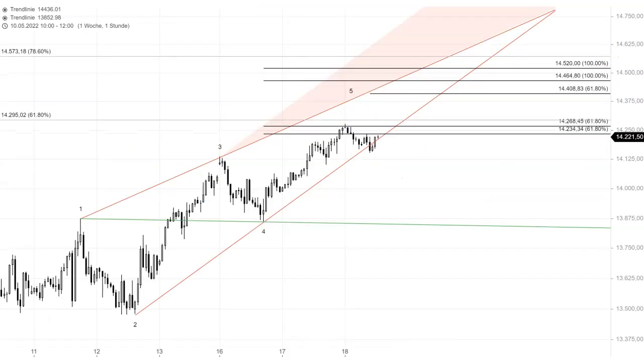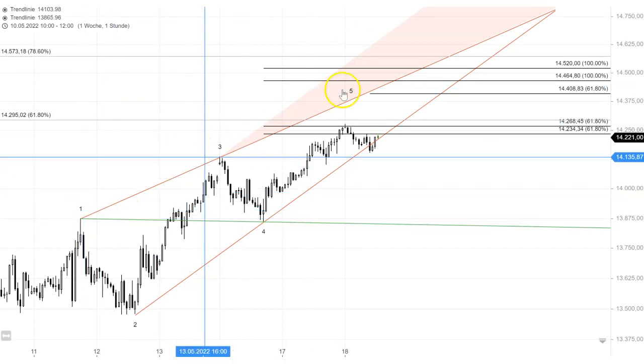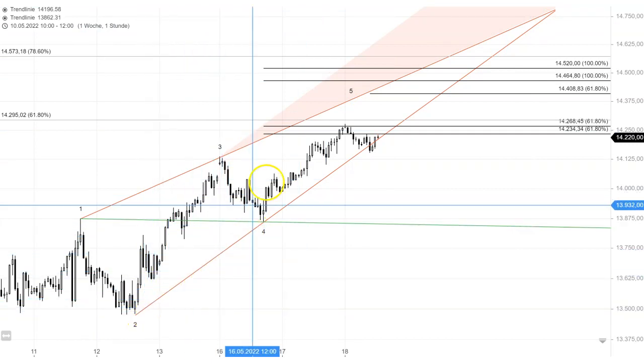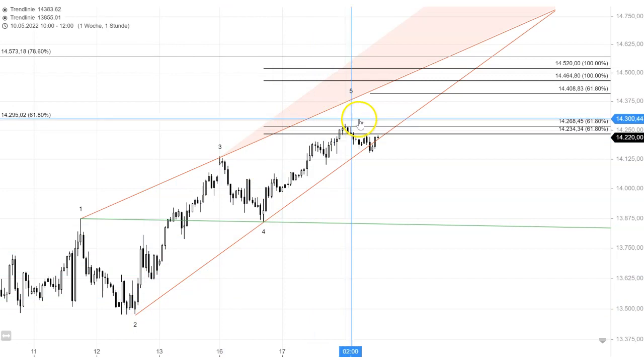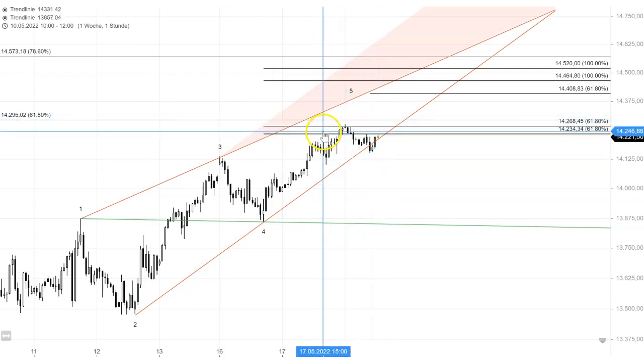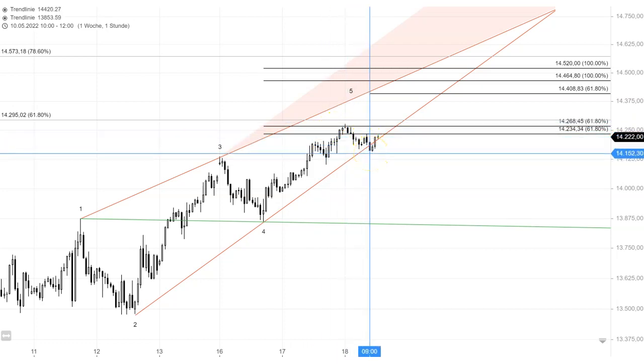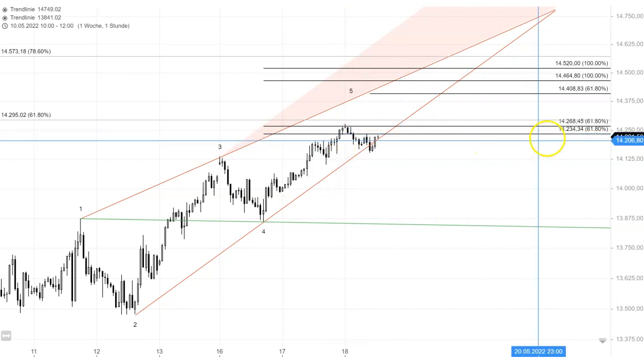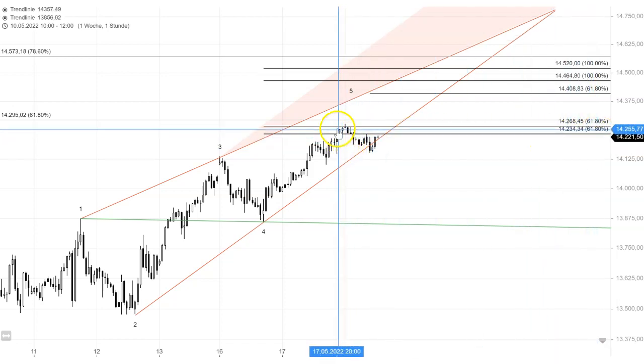So this is the last chart for today. It's an hourly chart of the DAX. You see in red that a bearish rising Wilver wave wedge, and I was twittering that already last night. If we run into this resistance zone, we most likely see a little rejection, and we did for a little bit over 100 points. And I also mentioned if we get an hourly close above 14,234, and we did, we